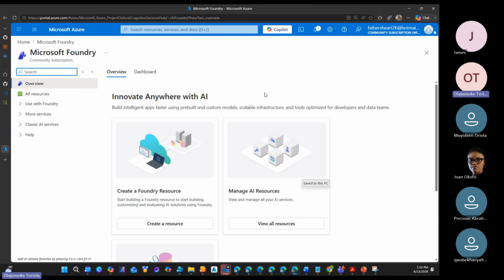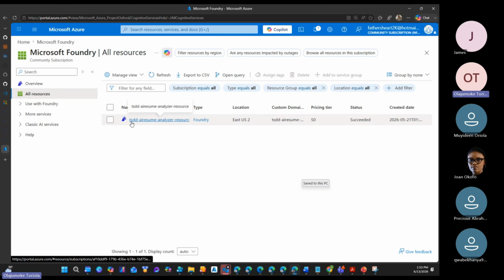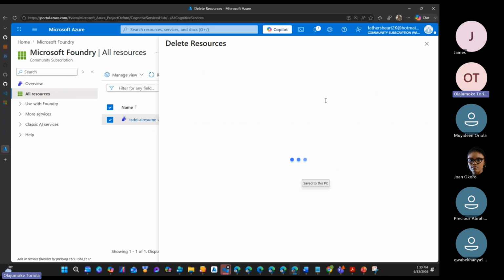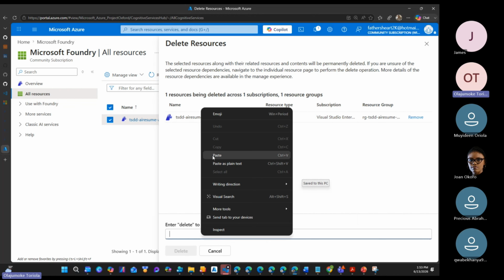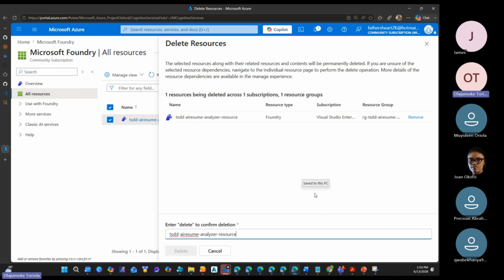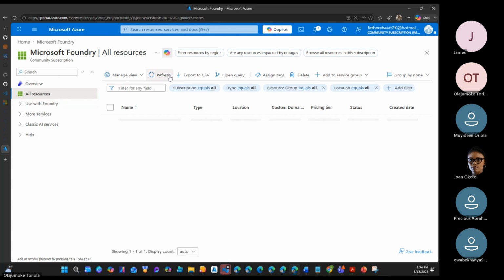So this is my, let me see all resources. That's why I said test deep dive AI Foundry, but I'm going to delete it now, and then we're all going to start all over again. So I start all over again from where we built. Please ensure that I already have it deleted or what? Do I have it deleted? Maybe I have it deleted already. This is just residue.